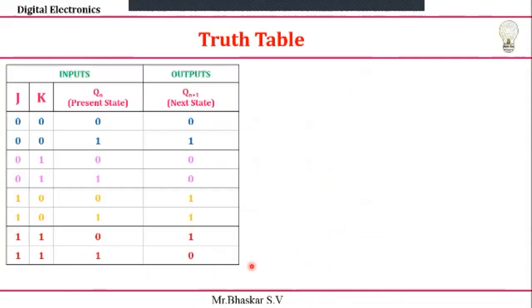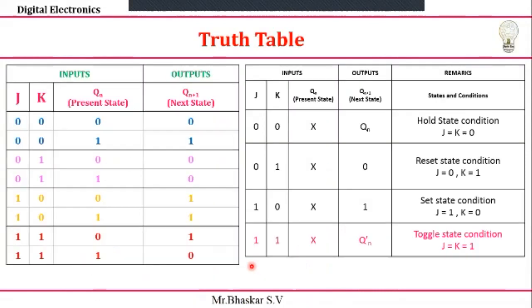So finally I can see that we can reduce this. X is nothing but either value, 0 or 1, we don't know, so we take it as either value. Suppose my JK values are 0 0, then it gives the Qn value. So the previous state, whatever it is, stays the same. You can see 0 0 stays 0, and 1 1 stays 1.